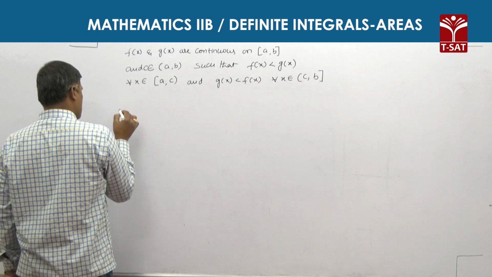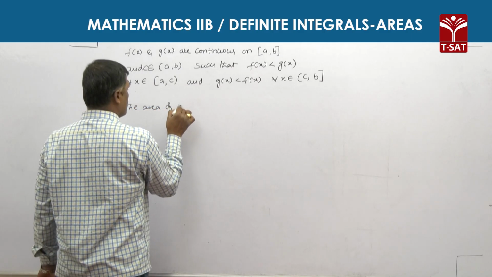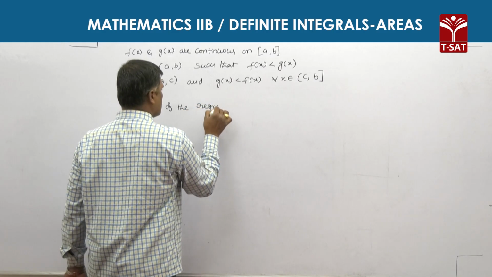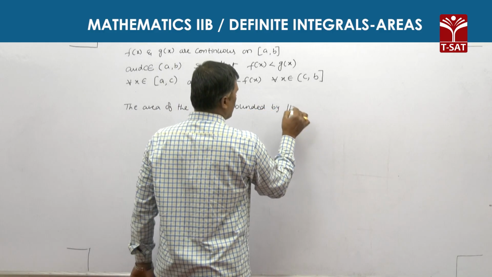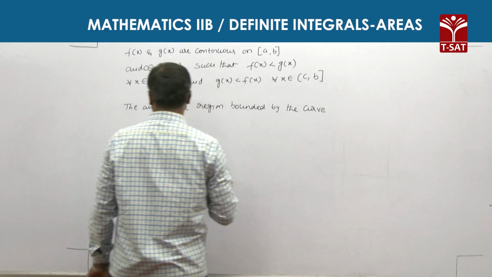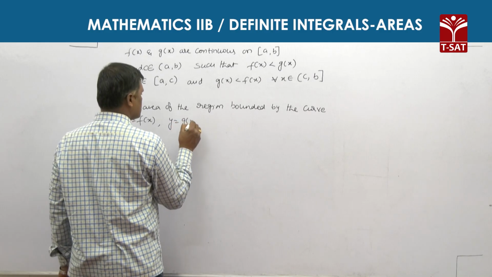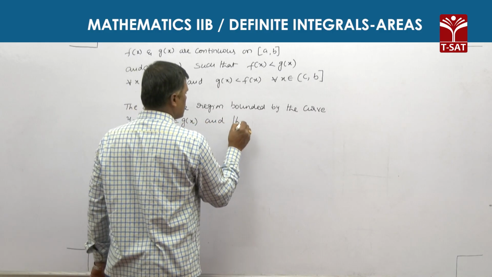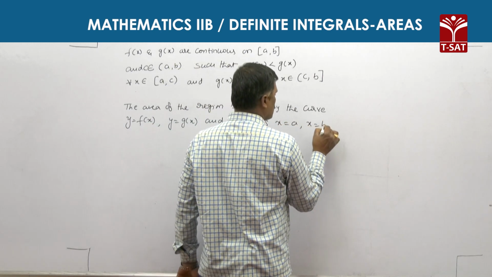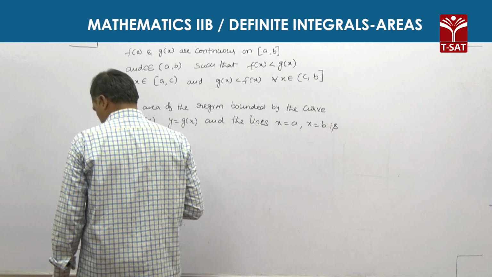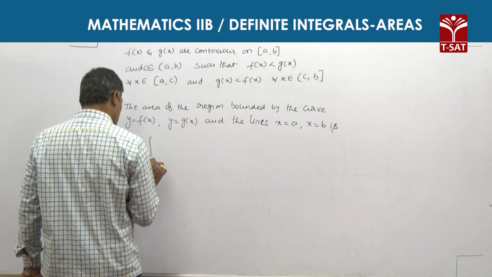then the area of the region bounded by the curves y = f(x), y = g(x) and the lines x = a, x = b is given by area A is equal to the integral from a to c,